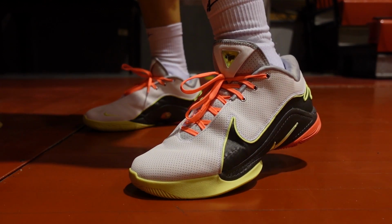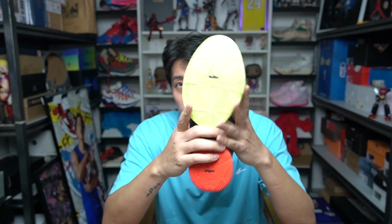Next on my list is the LeBron 22s. For me, I still love playing on the LeBrons. I don't know why, because it's not that I'm really a fan of LeBron, but I like the way it's built. I really like how it feels below my feet, and especially since the 20, 21, 22, when it's a faster sneaker, but still it has that bulk in it that it's not too heavy, unlike the 18s, 19s,